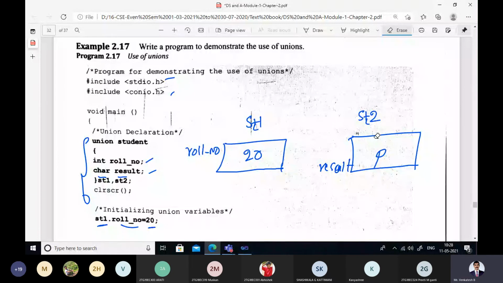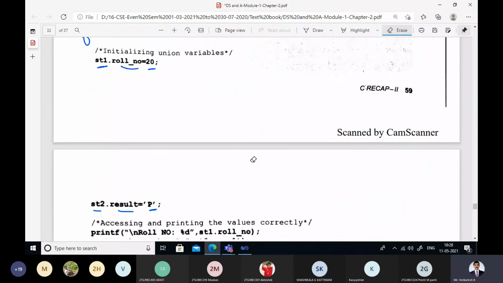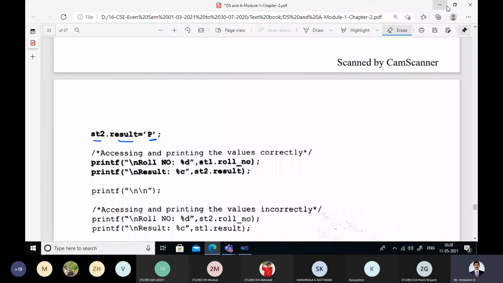And what we are trying to do here is, in this next line, accessing and printing the values correctly. That means this is the correct way of accessing. We are taking the roll number member from ST1 and printing it. That is correct, because this statement is trying to access this member, which is correct.